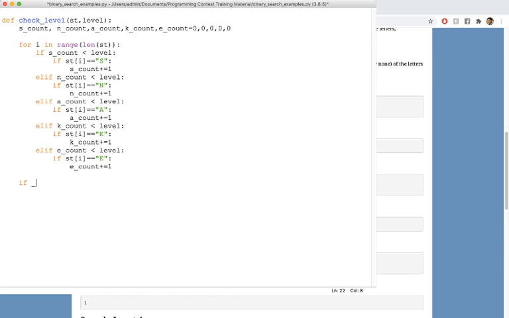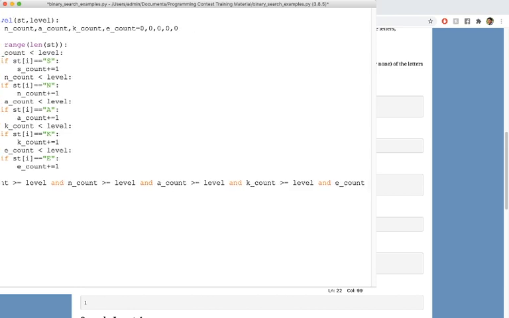So if s count is bigger than or equal to level, and n count is bigger than or equal to level, and a count is bigger than or equal to level, and k count is bigger than or equal to level, and e count is bigger than or equal to level,